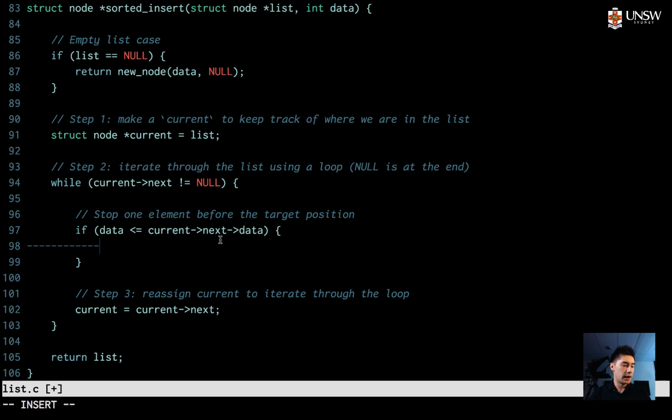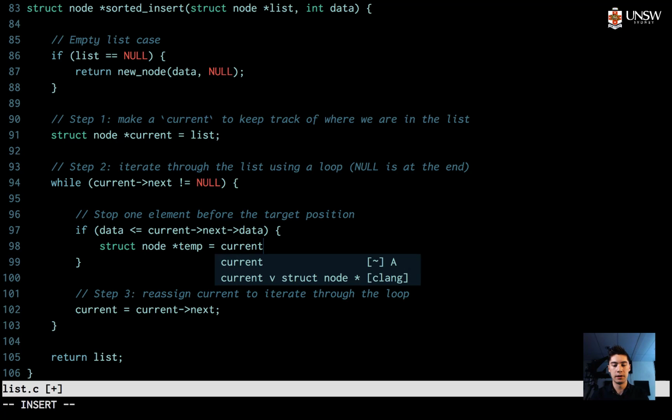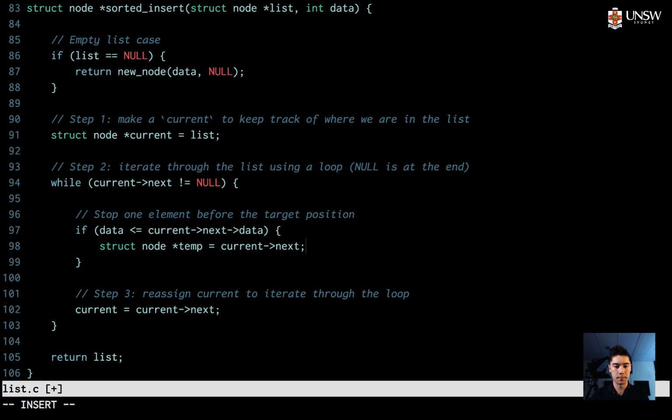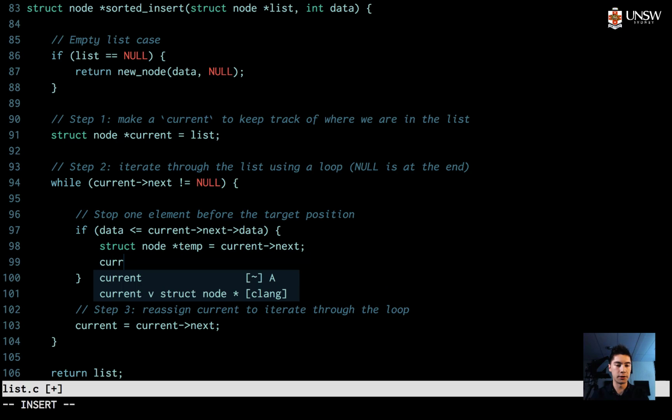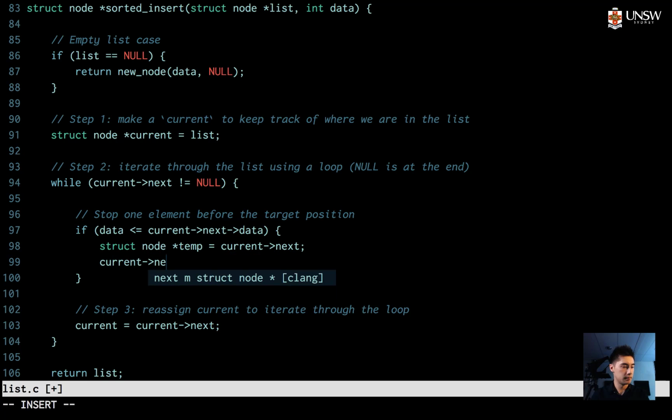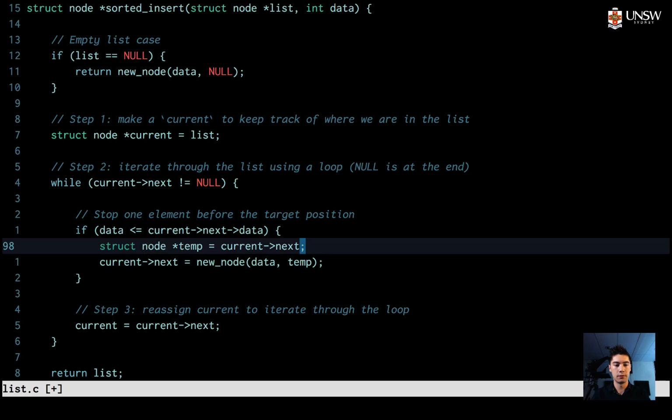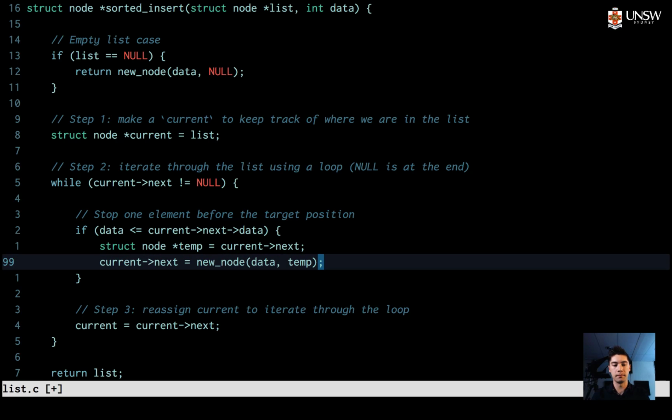So as before, let's make a temp so we don't lose our pointers. We'll put a struct node pointer temp, and let's make that equal to current next. Then we can say current next is equal to new node, new node's next is equal to temp. And then finally,